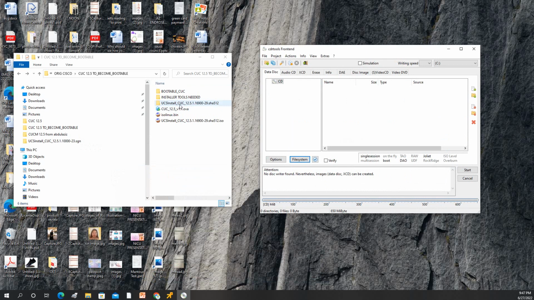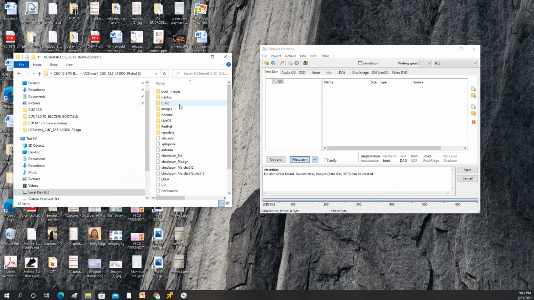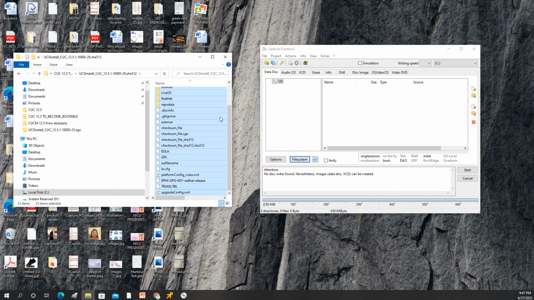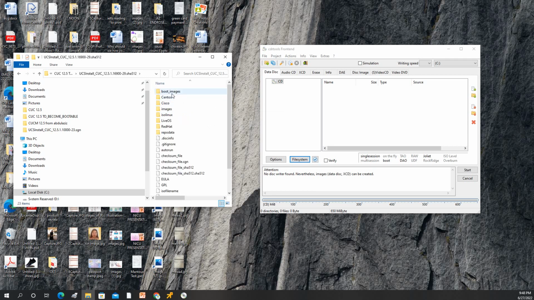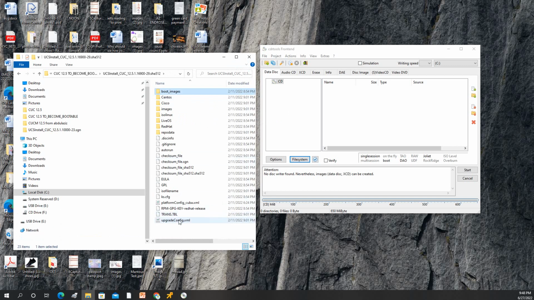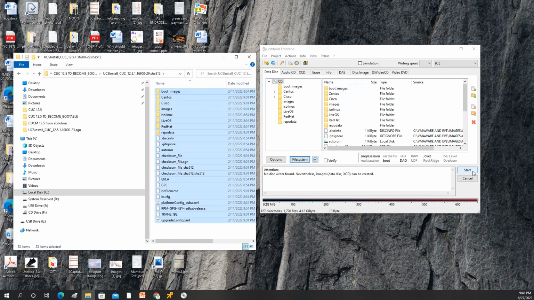So this is the one that we extracted using 7-zip, right? So you have to copy all of this. I'll just double check everything is correct to become bootable. Okay, so you need to copy all of these files, drag it here on the CDR tools, and then click start,